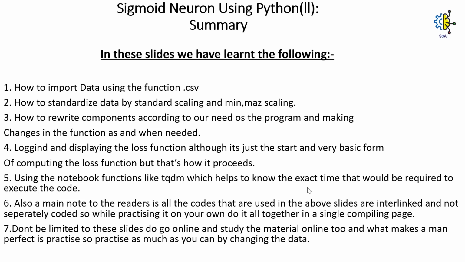The fourth is logging and displaying the loss function, although it's just the start and a very basic form of computing the loss function, but that's how it proceeds. Fifth is using the notebook function like tqdm, which helps to know the exact time that would be required to execute the code. And the sixth one is also a main note to the readers: all the codes that are used in the above slides